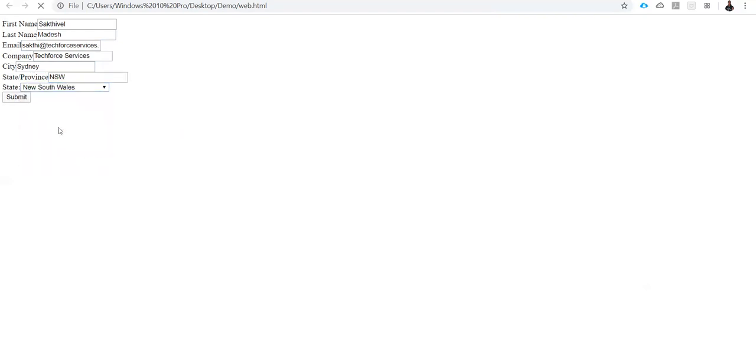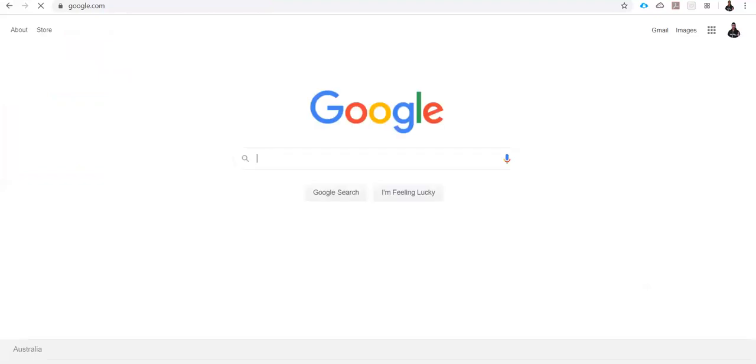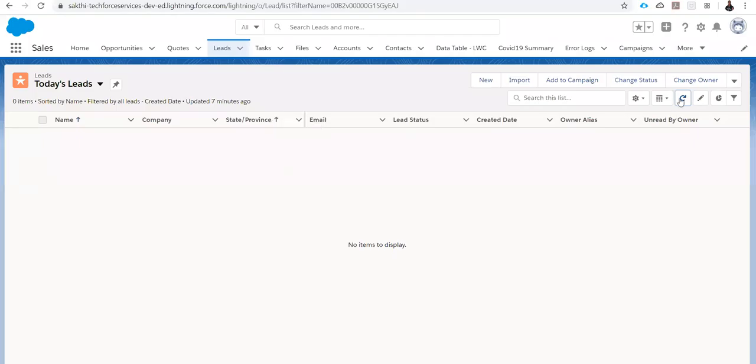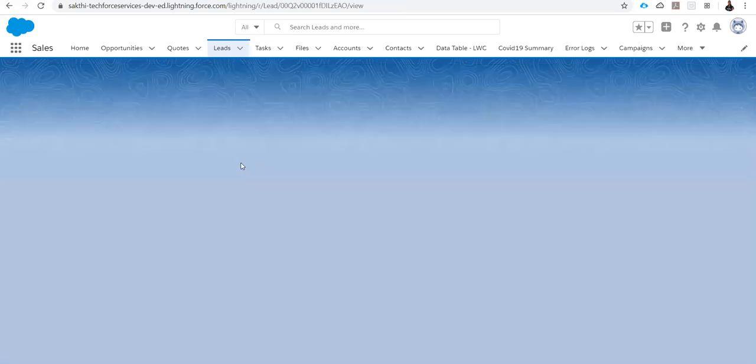Once I submit, it's posted to Salesforce with the relevant OID mentioned in the hidden field, and it's redirected to google.com. Let's go to Salesforce. Under the leads tab, we'll verify whether the lead is populated or not. See here that the values are populated in the lead record, with the first name and last name, company, and city, and everything.